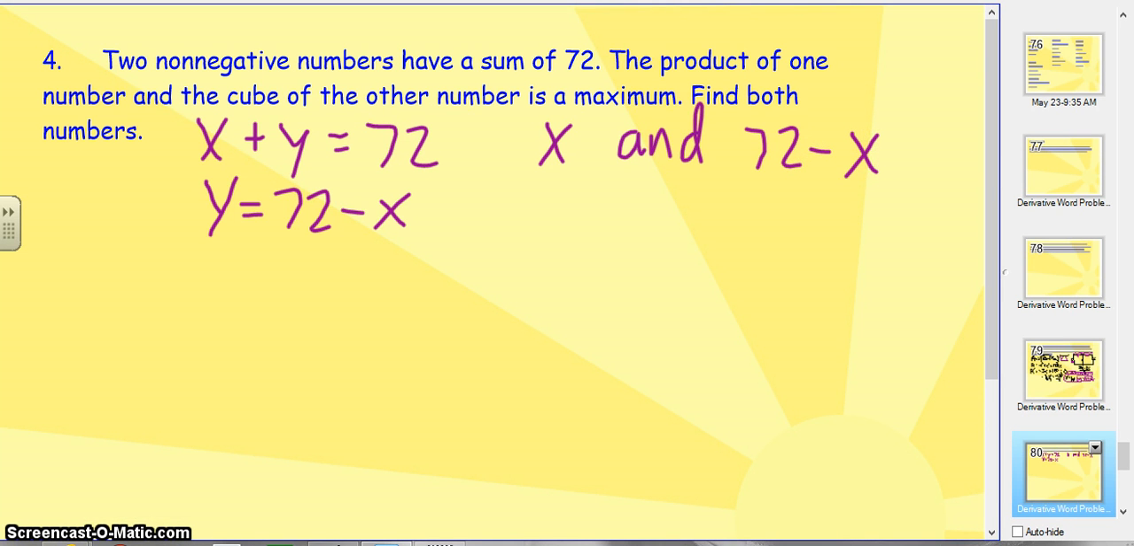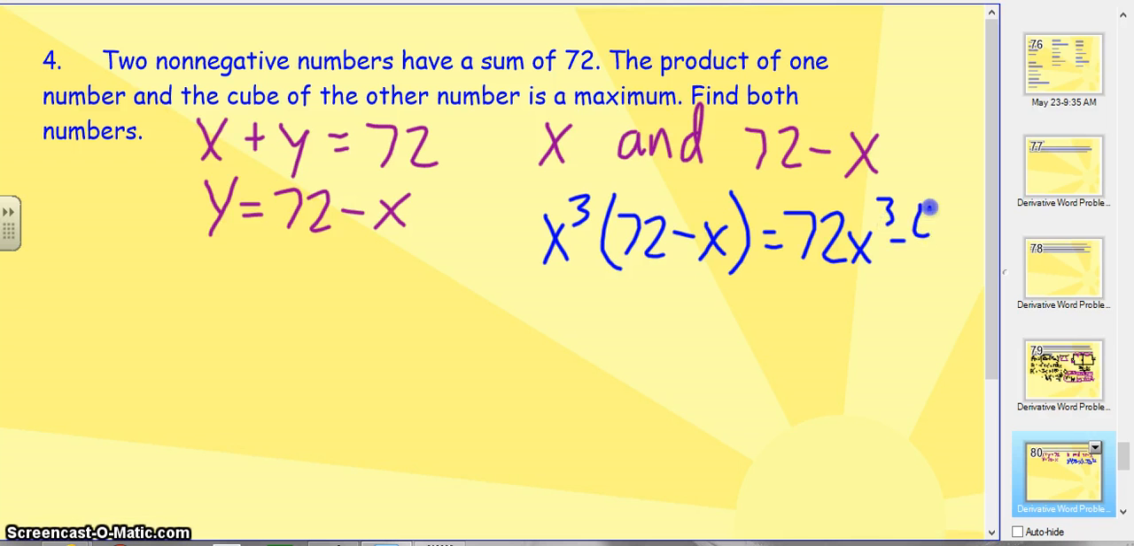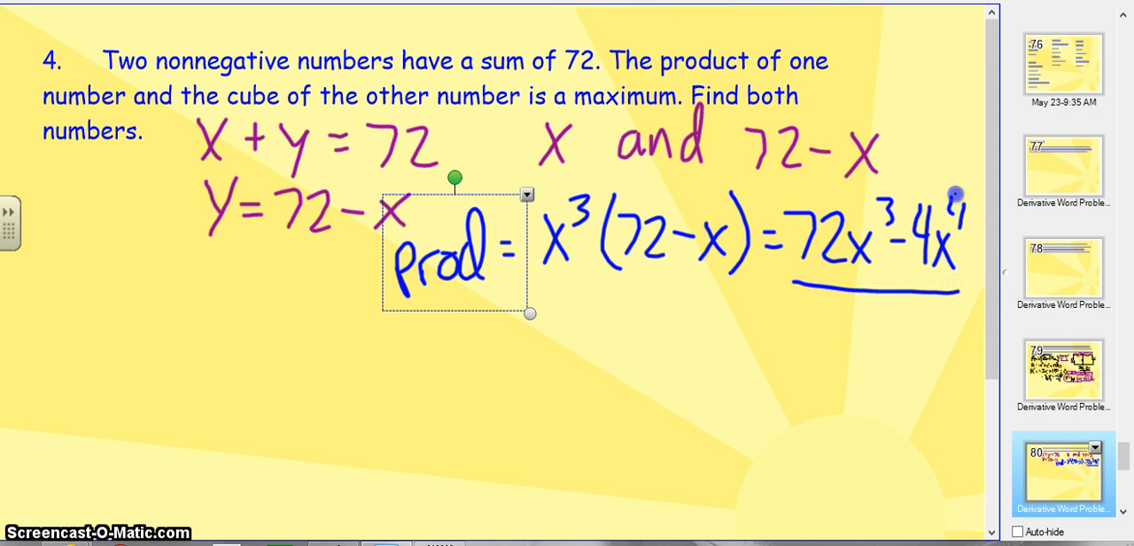The product of one of these numbers and the cube of the other is a maximum. So I have to cube one of the numbers. The easiest one to cube is probably the x. So the cube of one of the numbers times the other one is a maximum. So first thing I'm going to do is find the product. 72x to the third minus x to the fourth. So that's my product. Okay. And I want this to be a maximum. So to find the max,